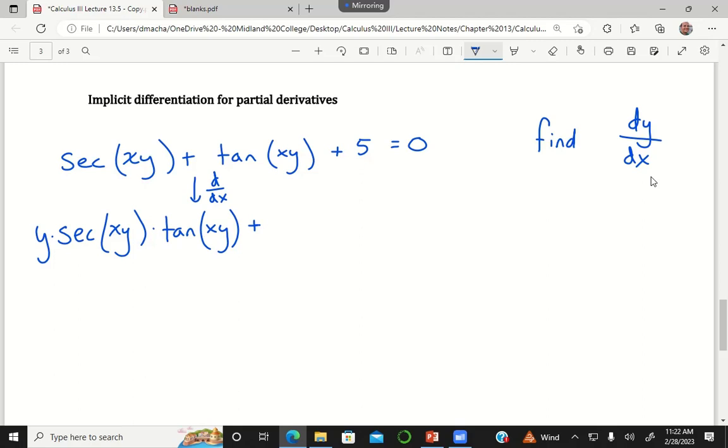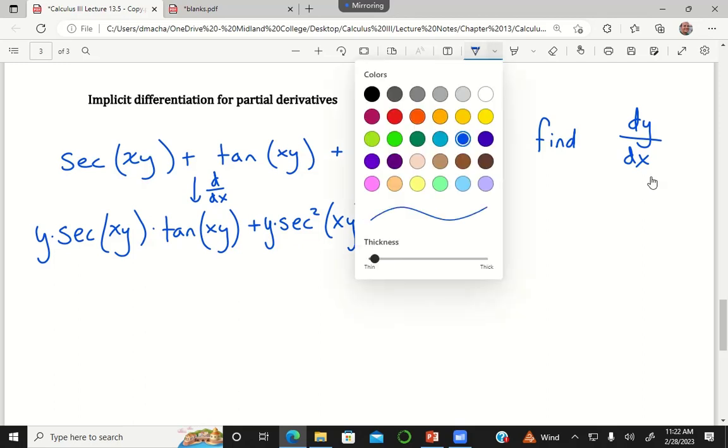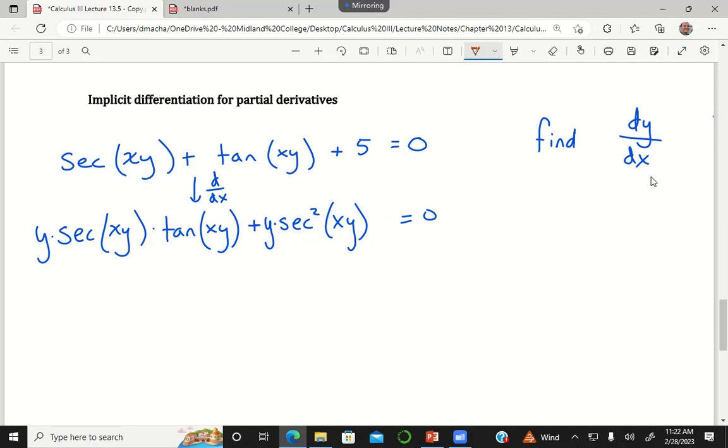Secant squared. So this will be secant squared of xy. And then again, the derivative chain rule says I need to multiply by y. And then the derivative with respect to x of 5 is 0. And the trick with the implicit differentiation stuff is that we assume that, well, this is a relation between